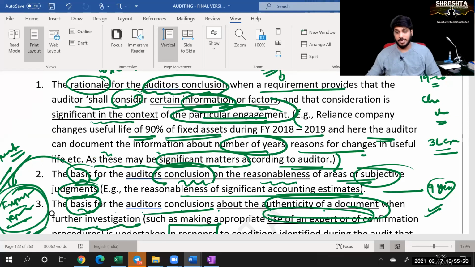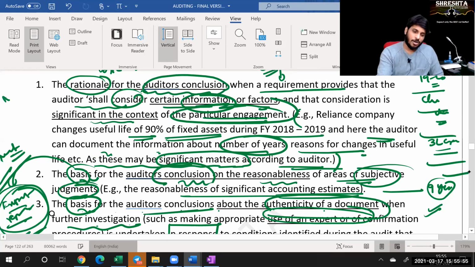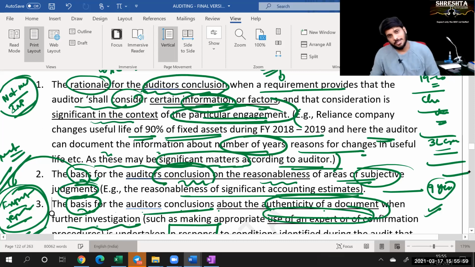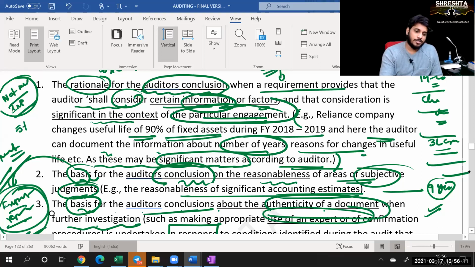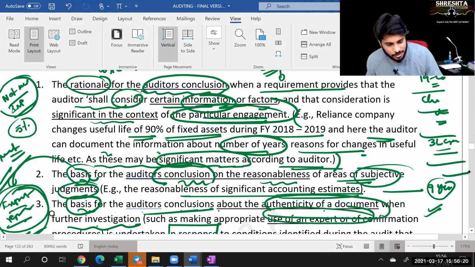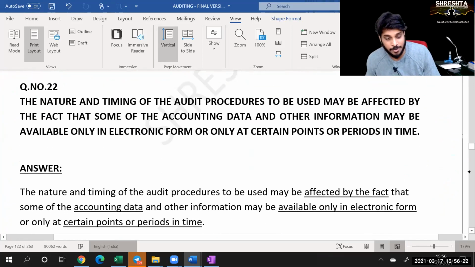These three points I'm speaking only from the point of view of the Reliance Industries exam, but I feel this is not much important from the exam point of view. But see how tough the terminology sitting here is. In the entire auditing, hardly 5% of the syllabus has this kind of terminology. That's about professional judgment and how to document.